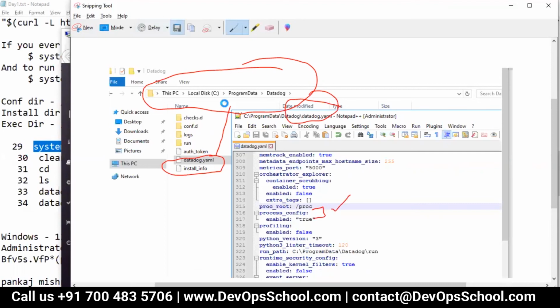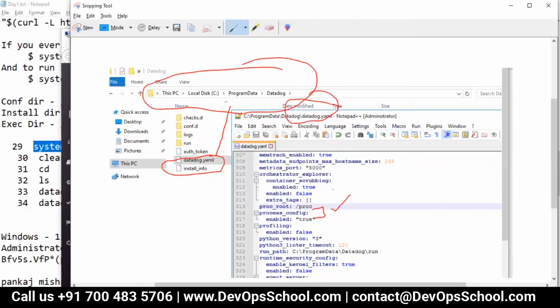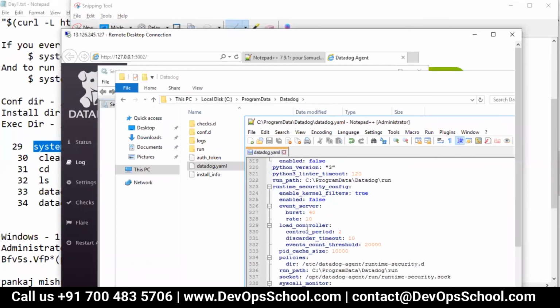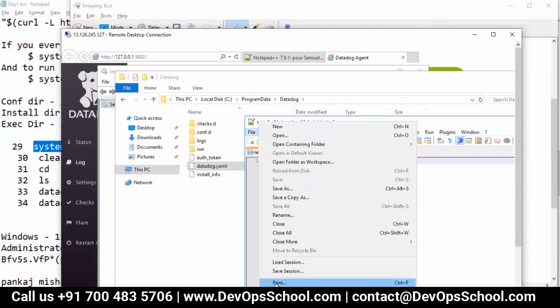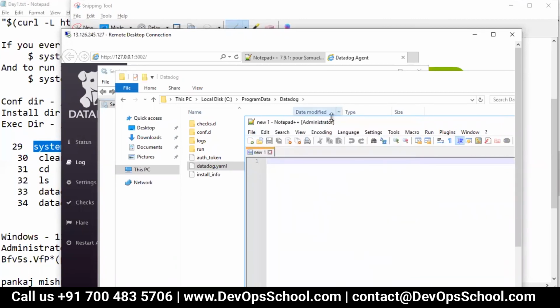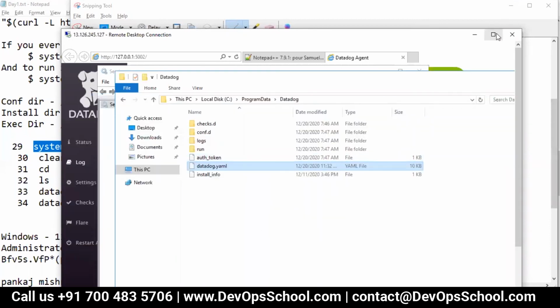So I hope you have sufficient references on how to enable the process. Finally, guys, you must never forget to restart this service. So I'll just close this, and after that you have to restart the agent.